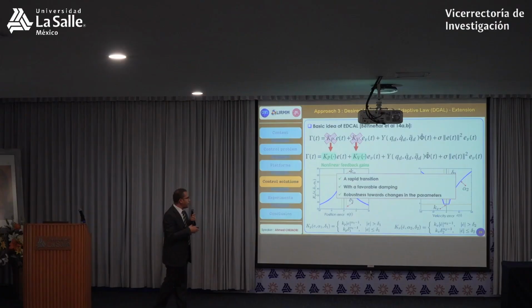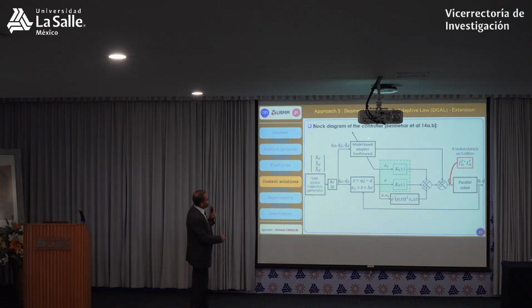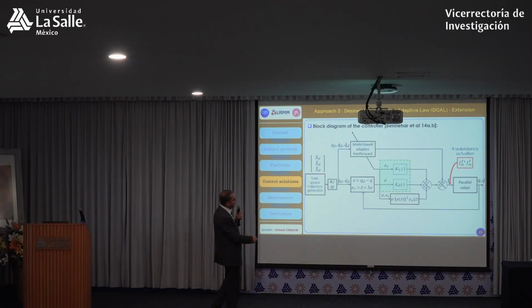And these are the advantages. A rapid transition with the feed-forward damping, and robustness towards changes in the parameters. All those are advantages of the proposed controller. And this is the block diagram of the proposed controller. Kp, Kv here, as you can see, are time varying. This is the model-based adaptive feed-forward. This is the desired trajectory. This is the definition of the errors E and ED. And then we compute the sum here, and then we send it to the robot here, and you get the